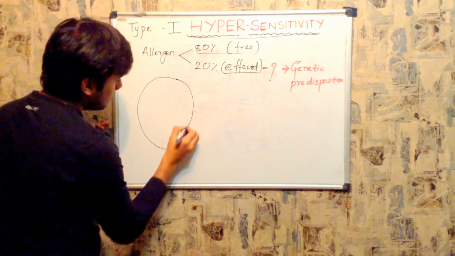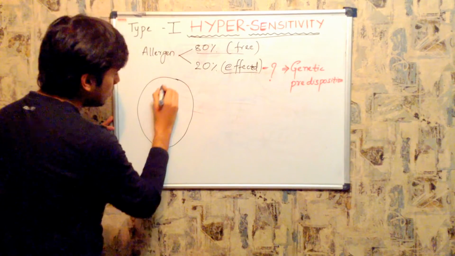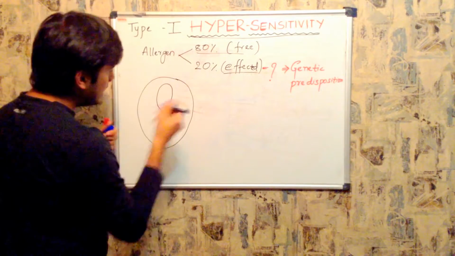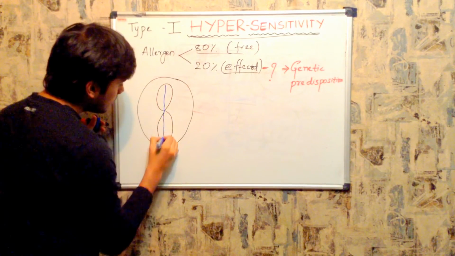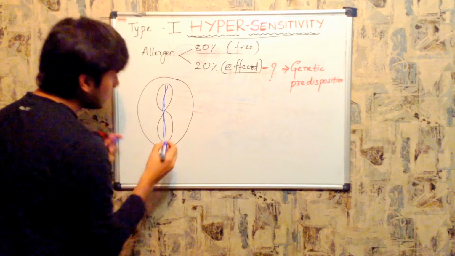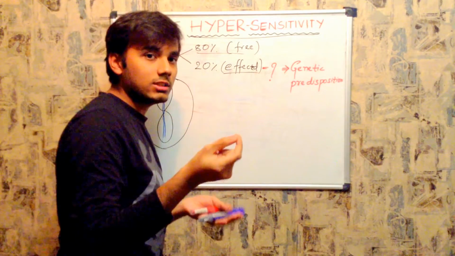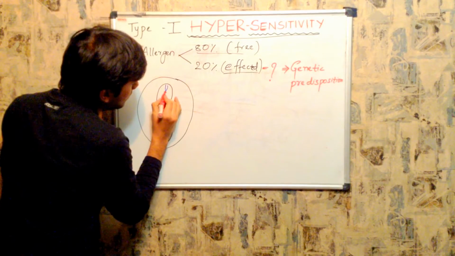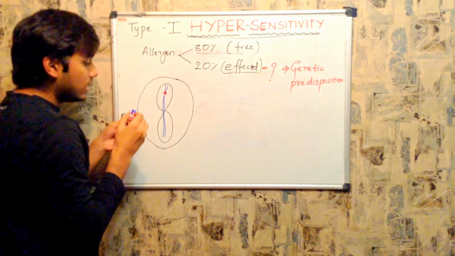A cell contains chromosomes, and this chromosome contains DNA inside it. DNA also contains small genes that code for different types of proteins. Suppose I take this part of the DNA, because this part containing genes is coding